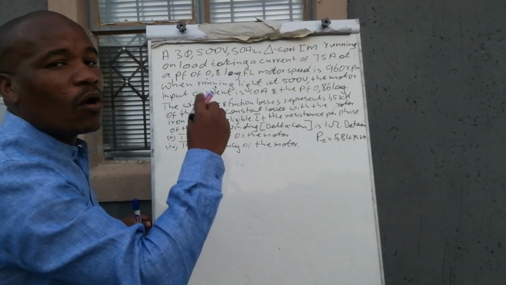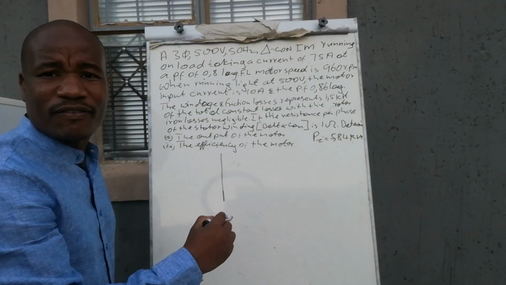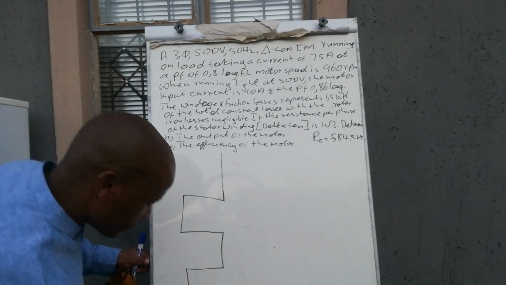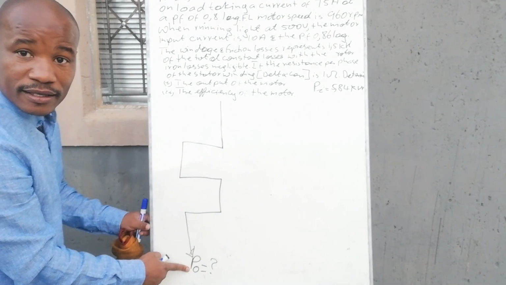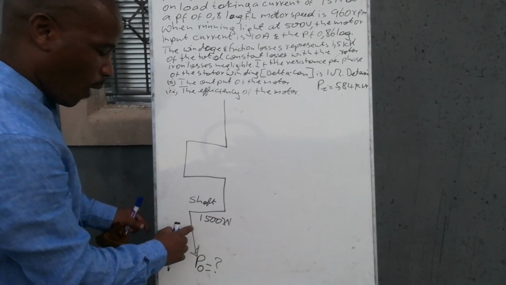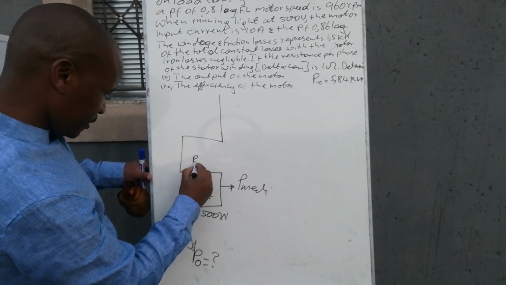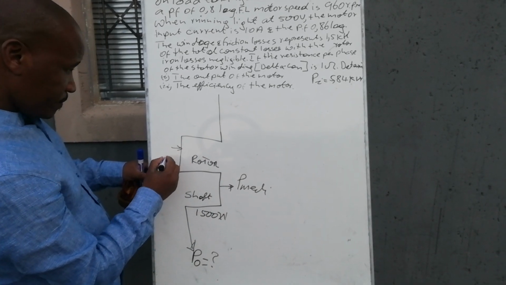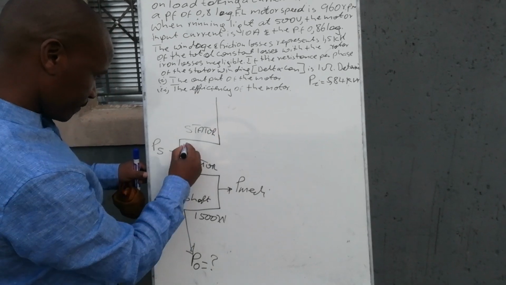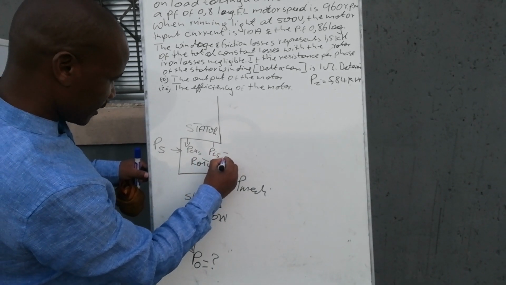Conditions now for full load. Always, guys, I can't perform calculations without doing this. Me personally, I will suggest that we all do this. Always, you are requested to calculate the output. This is the shaft, and on the shaft you are given 1500 watts, the windage and friction losses. You have to go and find Pmax here. Here is the rotor. Here is the synchronous power. If you started with us, we proved these formulae. This is the stator, and here is the PCU stator, the stator copper losses, and then the stator iron losses that are calculated as